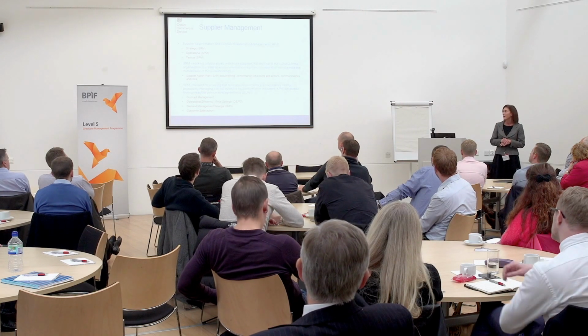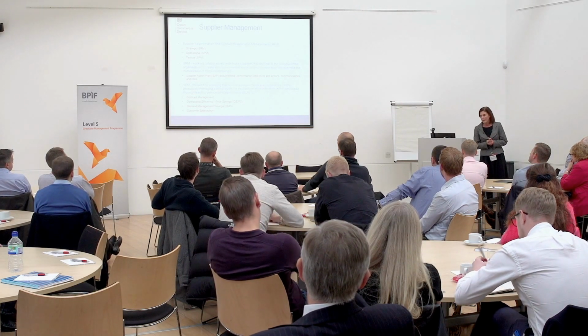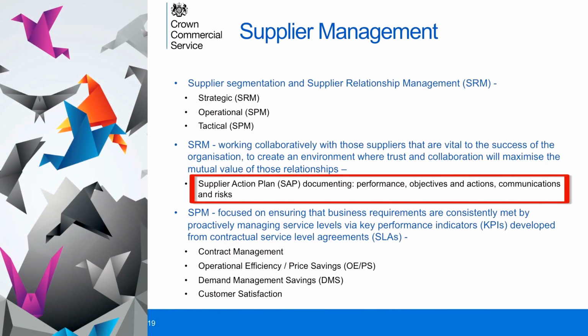So it's looking at it kind of through both sides of the coin, really. Then we've got to have a different type of relationship with our suppliers. So big focus at the moment on how we do that and what that looks like. Things like supplier action plans, performance reviews, monthly, quarterly. We have what's called the top 300 now across government. So top 300 suppliers across all central government departments are now managed via a Crown Rep programme run by the